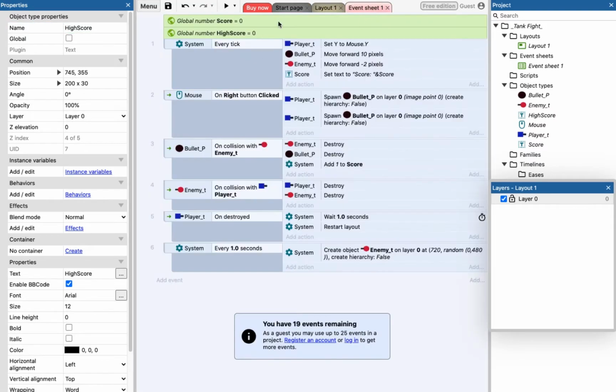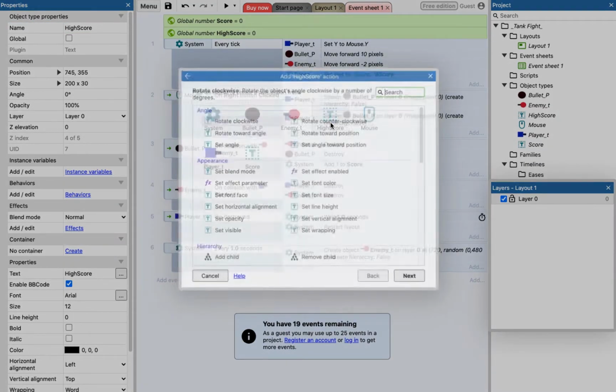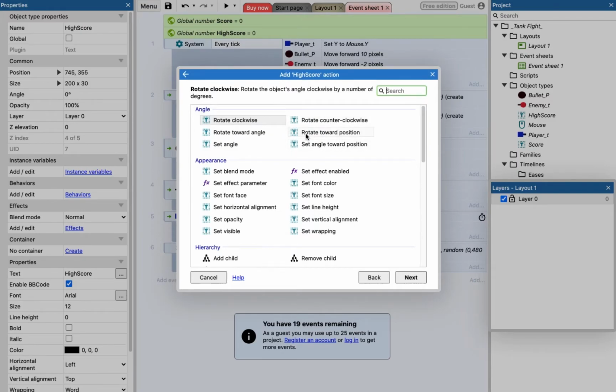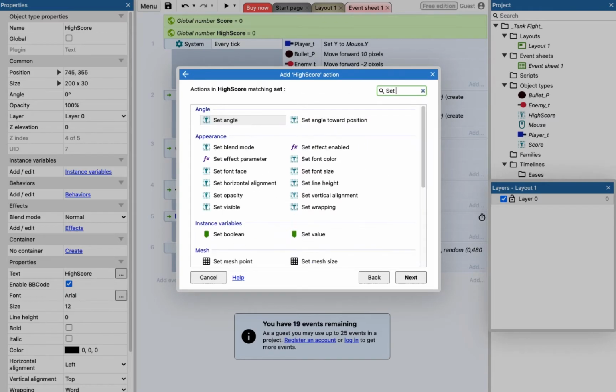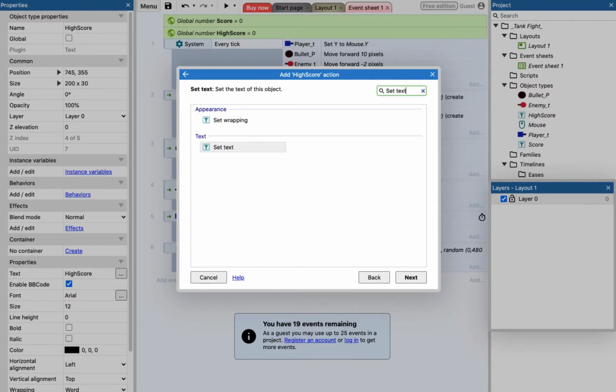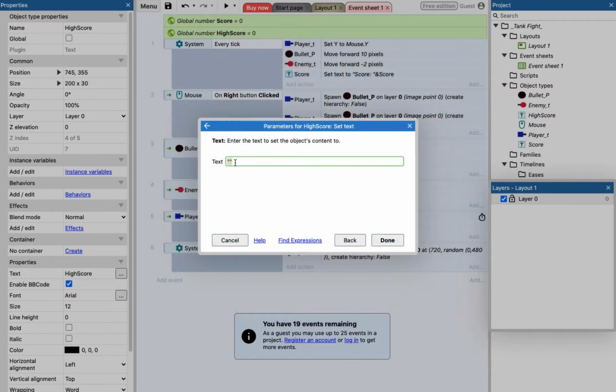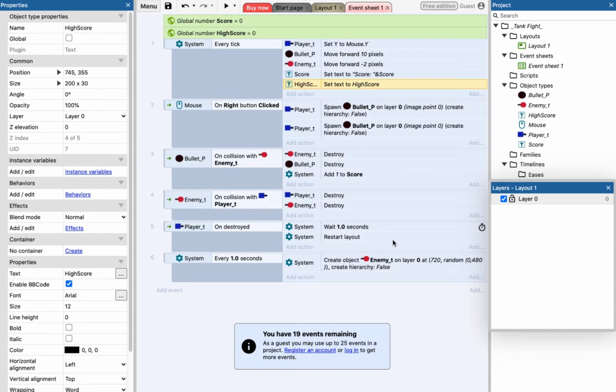I'm over here. Okay, event sheet. Add an action. High score. And in the high score, we are going to choose again set text, and in the set text we are going to again write high score. Name it high score, same like the global sign, and done. Now add an event,